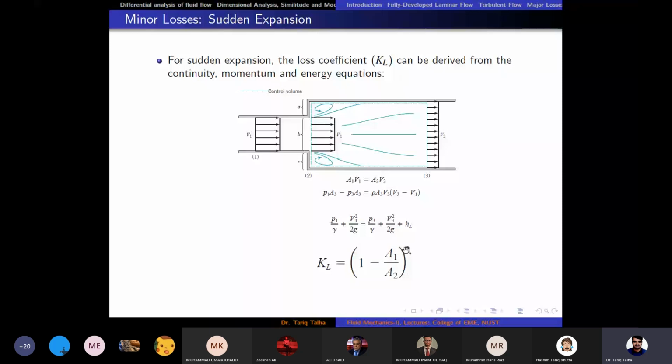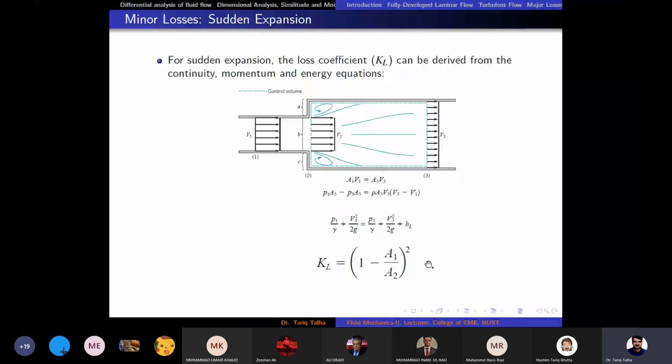That is maybe a one page derivation, so you can give it a try. Otherwise, I can provide you with the link, because in the book they haven't done it. Because that was the only one case, maybe that was the reason they didn't show the derivation. But you can easily find it on the internet or on YouTube if you search for minor loss coefficient calculation for the sudden expansion. You can find quite a few videos in which they have shown the derivation.